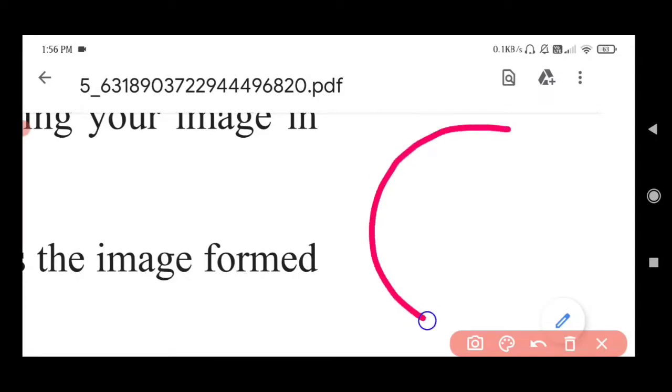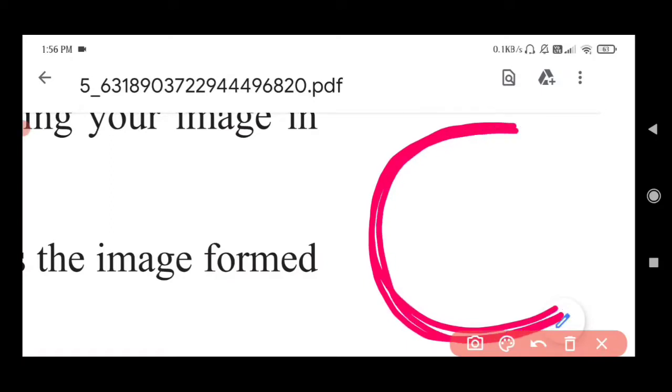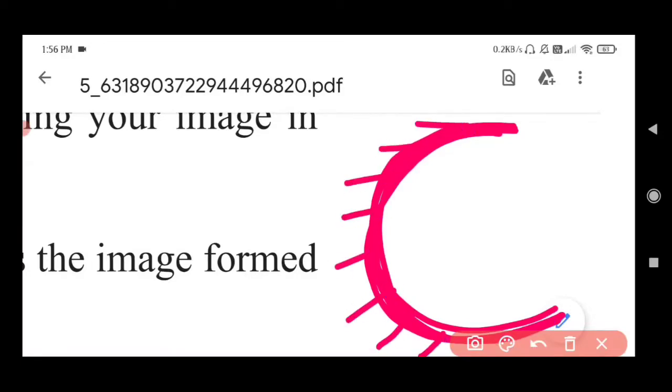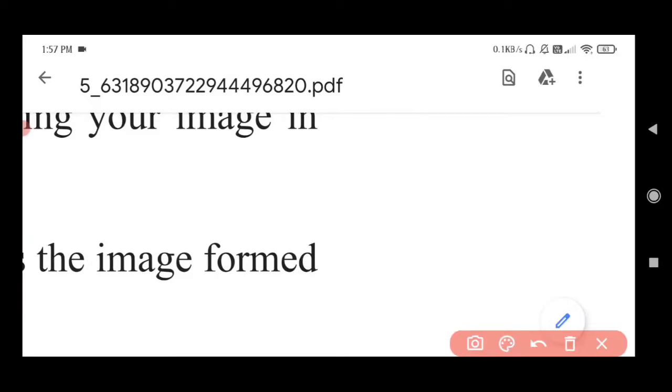And talking about what is a curved mirror and why curved mirrors are also called spherical mirrors, we'll talk about this. So a curved mirror is basically not a straight one, it is like C shaped, having curving, and these are of two types. One is called a concave mirror, another is called a convex mirror. So first you need to draw like this, and if you want to represent a concave mirror, you need to draw the lines, that is, the non-reflecting part, you have to represent by these lines. Okay, this is called a concave mirror, and the other one is the same, but the non-reflecting part is inside.